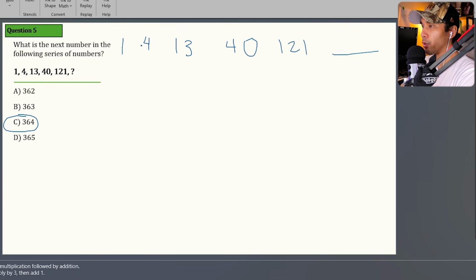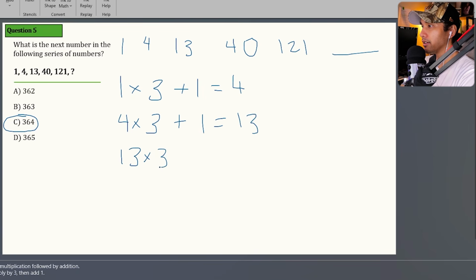So from here, 1 to 4, if we multiply 1 by 3 and add 1, we'll get 4. If we multiply 4 by 3 plus 1, we'll get this. This is 4 times 3 is 12 plus 1, that equals 13. And then if we get 13 times 3 plus 1 equals 13 times 3, that is 39, plus 1, that